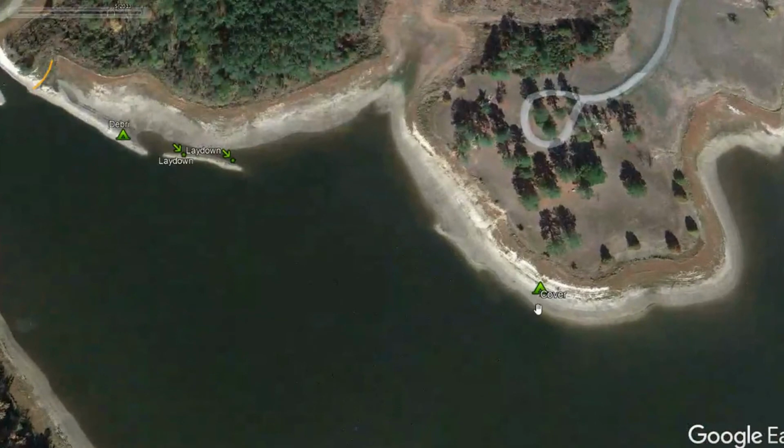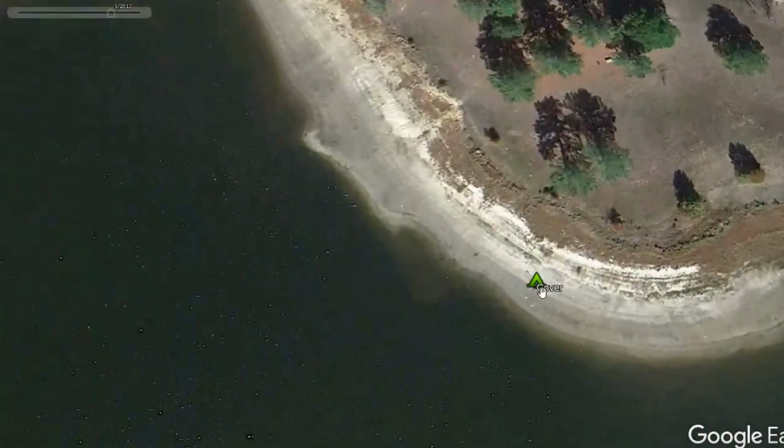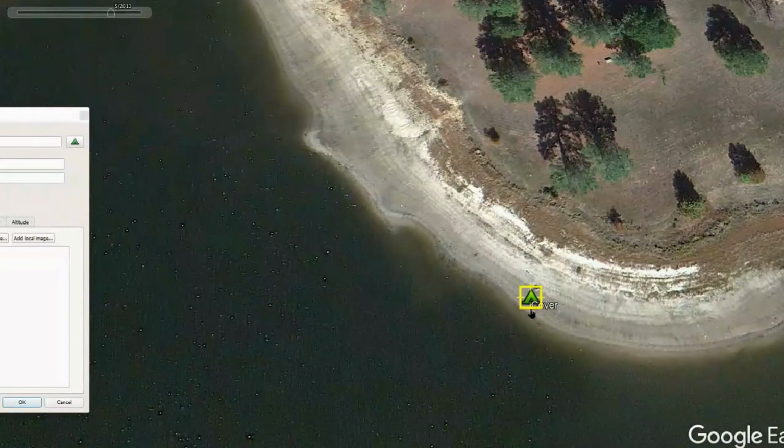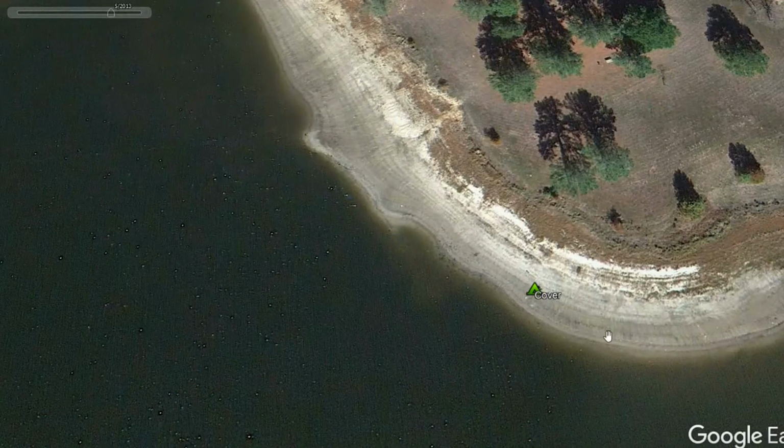Also back in here, you've got some cover. I couldn't tell what this was, if it was a tire, a rock, or what it was. If I move that for you guys, you'll see what I'm talking about. You can tell there's something there, but very isolated. Not sure I would stop to fish that, but if I'm pounding that bank line for some reason, I might